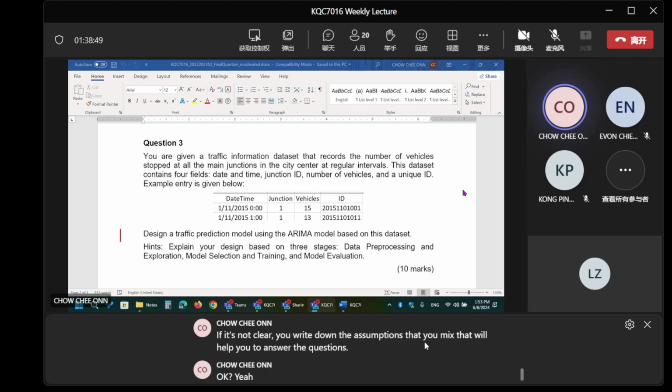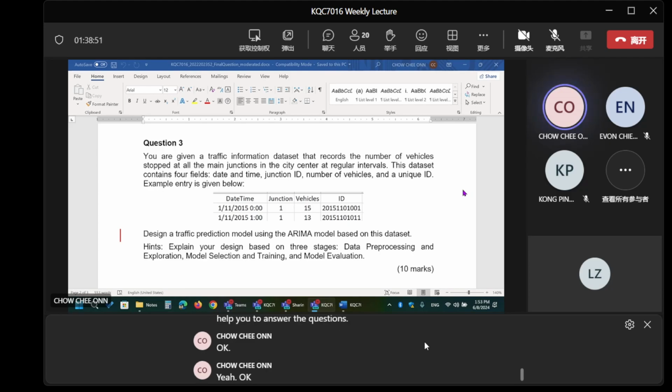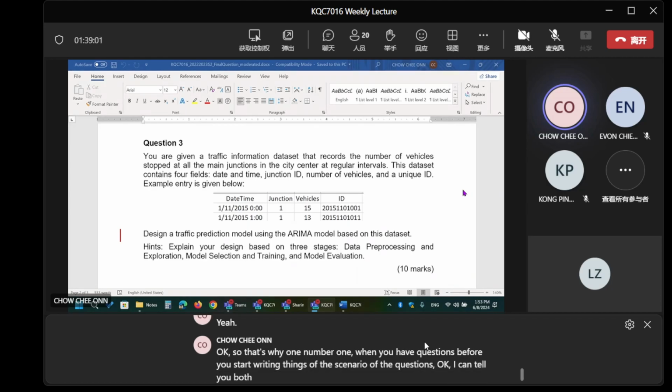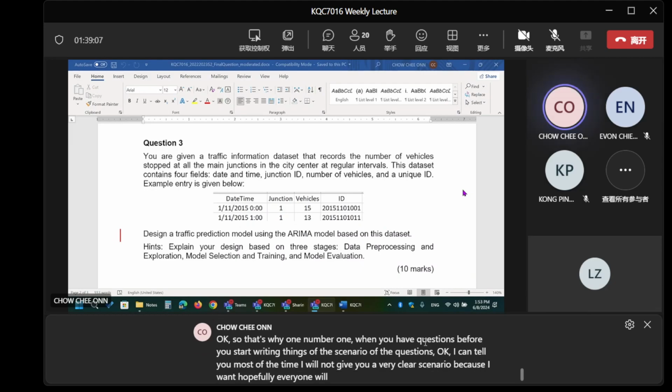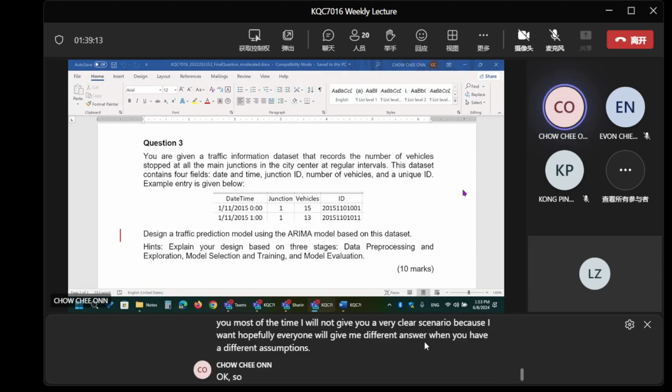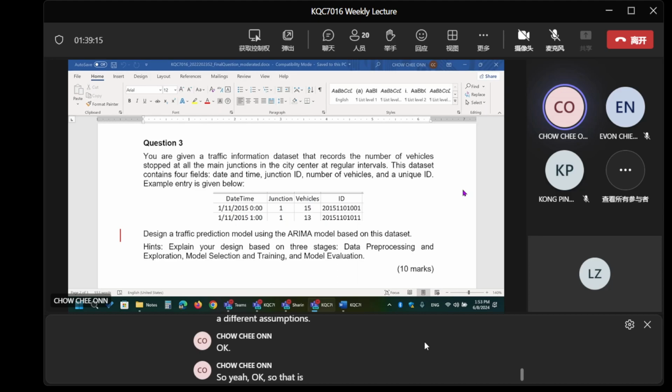So number one, when you have questions, before you start writing, think of the scenario of the questions. I can tell you most of the time I will not give you a very clear scenario, because I hope everyone will give me different answers when you have different assumptions. So that is the thinking that I want you to have.